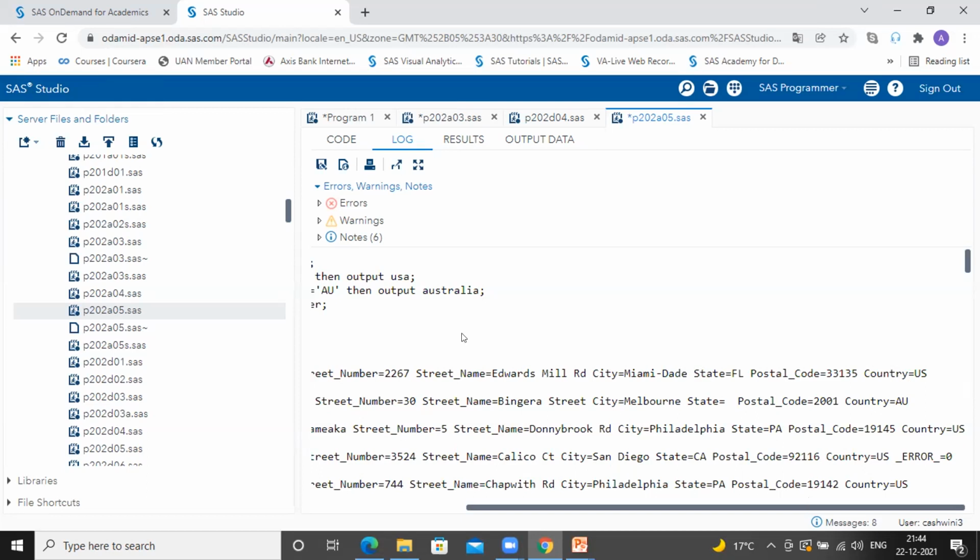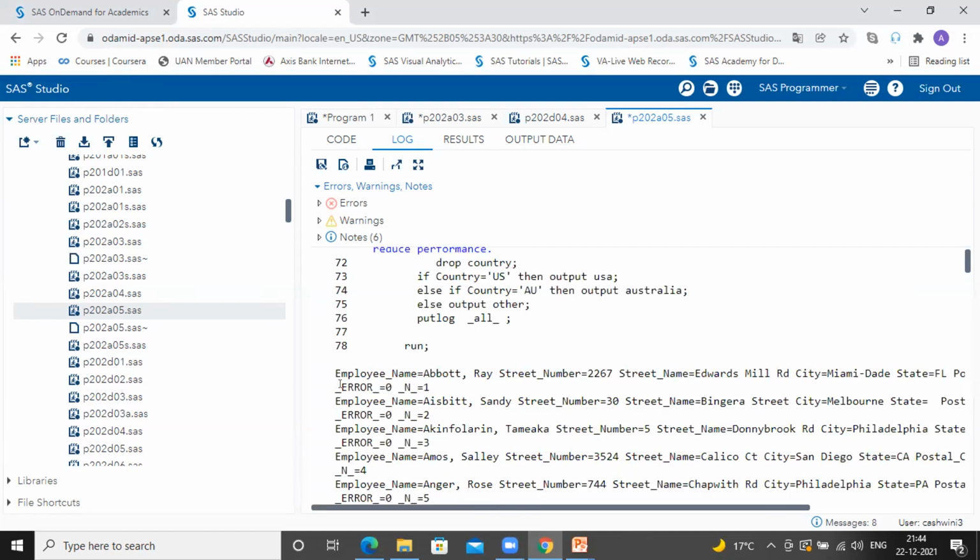It's also telling you we do have certain values in the PDV which are default variables always created in the PDV at the time of compilation, which are underscore N underscore and underscore ERROR underscore. These are the two temporary variables which are always created when the data is being processed, in the backend in the PDV.